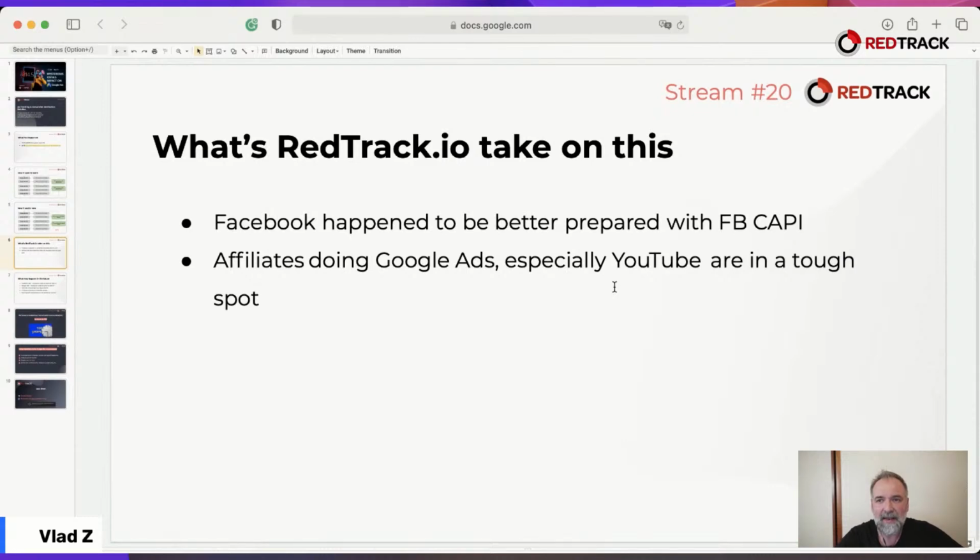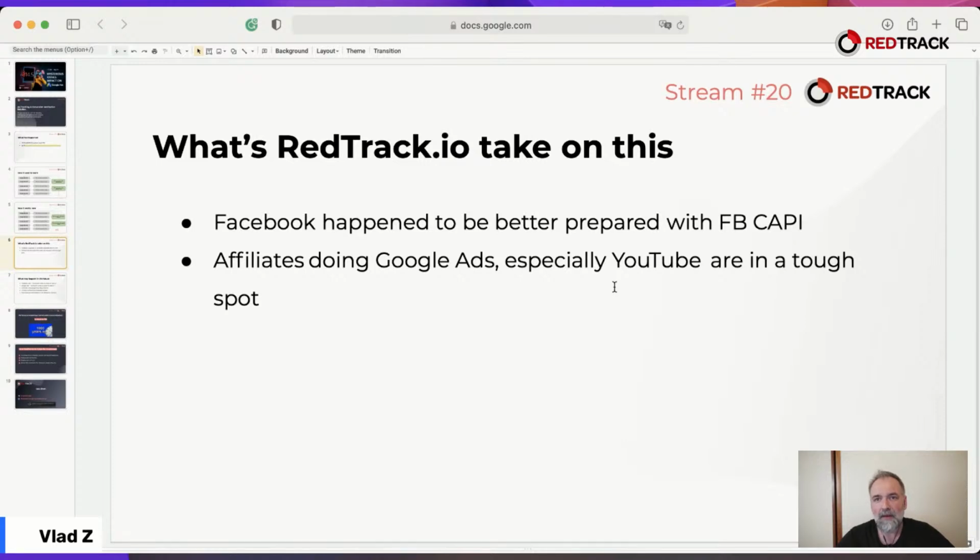But at least as things are now, you can send all conversions back to Facebook even if you're an affiliate. With Google Ads, you don't have a solution.